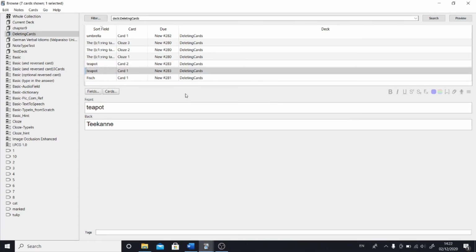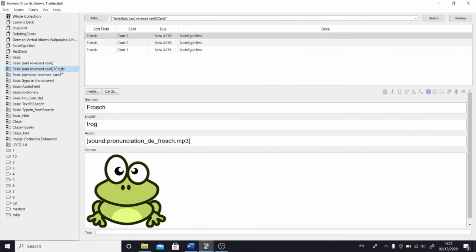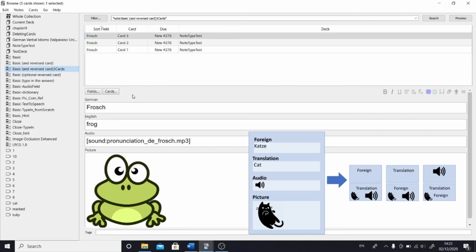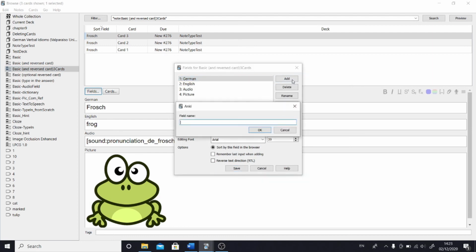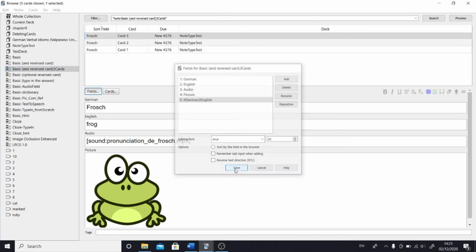A super useful tool for deleting cards is conditional replacement. So let's come back to this note that we made. Let's say we realize that sometimes German to English words are similar, and in these cases we want to delete the card German to English. We already know that we cannot delete the card straight away. In cases like that, please use conditional replacement. Basically, it works on the same principle as the basic optional reverse note type. You create an extra field, and the only purpose of this field is to decide if a particular card is created or not. So let's add a field if German to English,